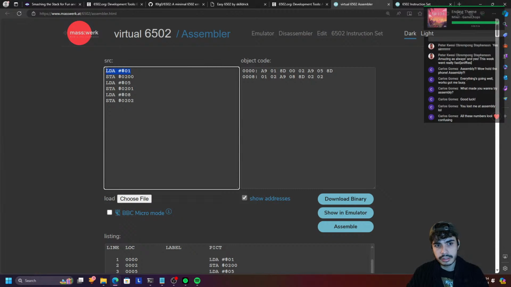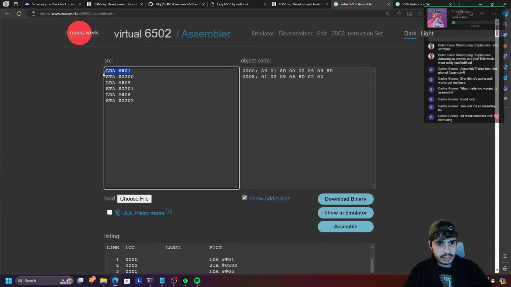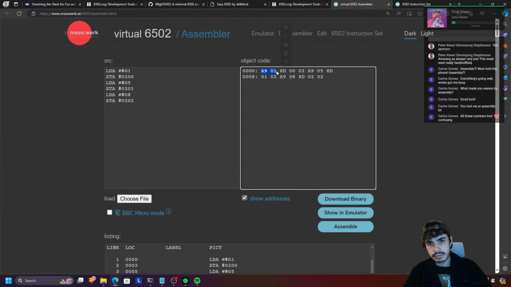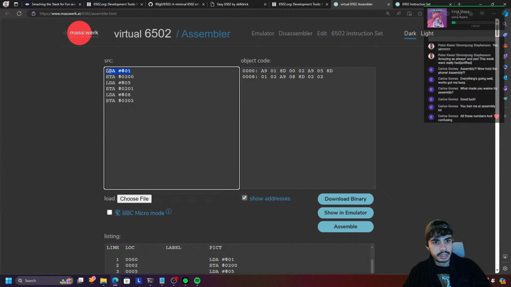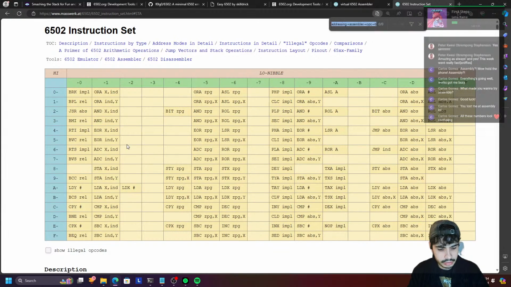But even assembly isn't what the computer understands. What the computer understands is kind of this here. This is the compiled assembly. So this is basically a one-to-one mapping. Each assembly instruction is basically a one-to-one mapping to these numbers here. So for this particular operation here, LDA translates to A9. That's what it is. And you can see it here in the instruction set anyway. So if I look at LDA,